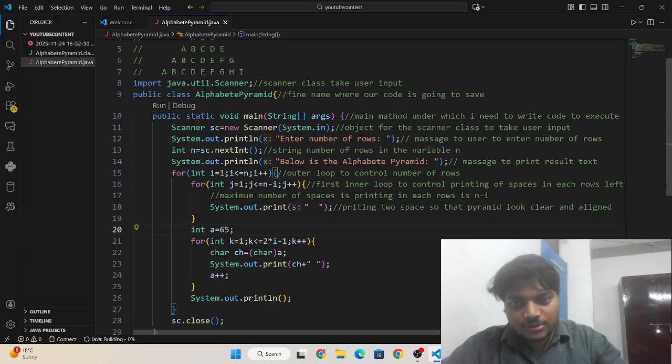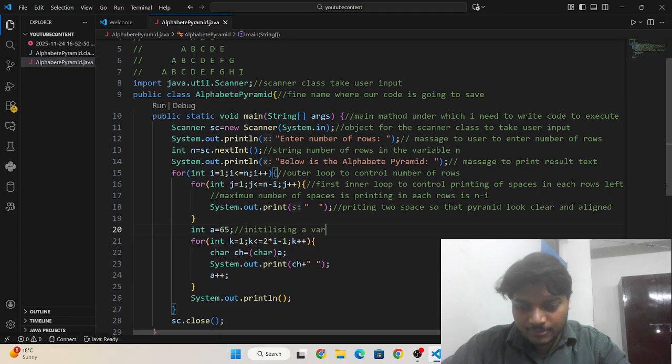Okay, and we are initializing a variable a, which is holding the ASCII value of the capital alphabet.